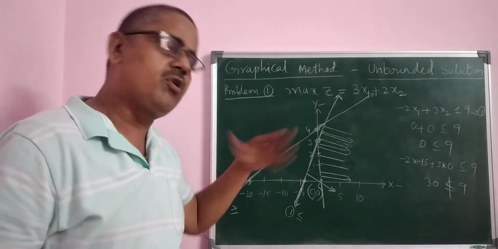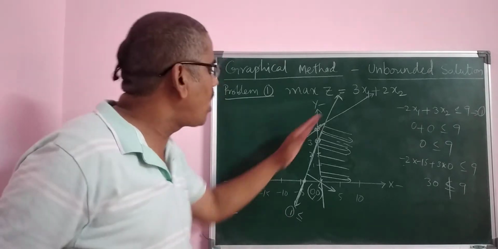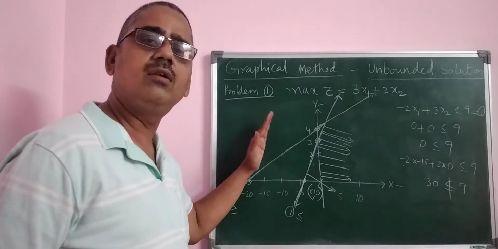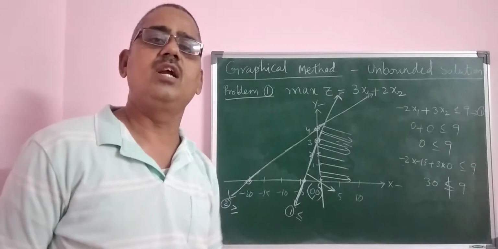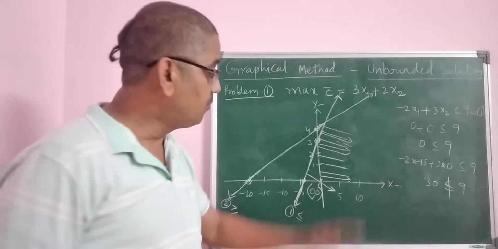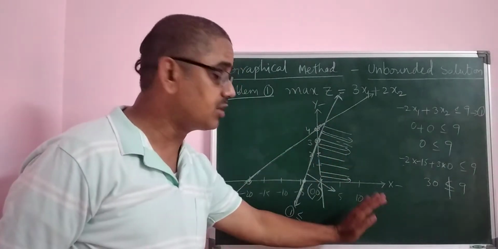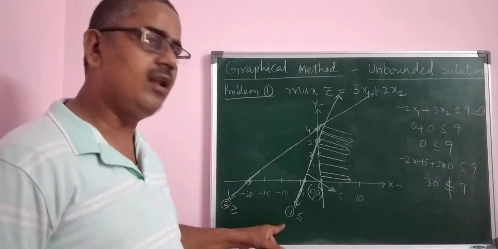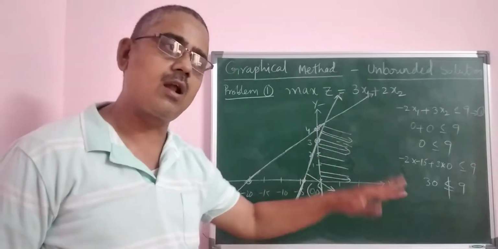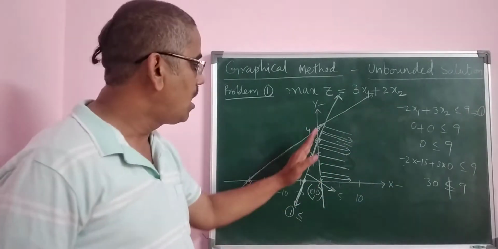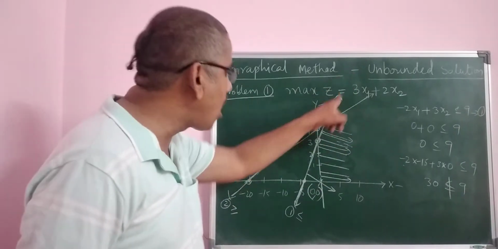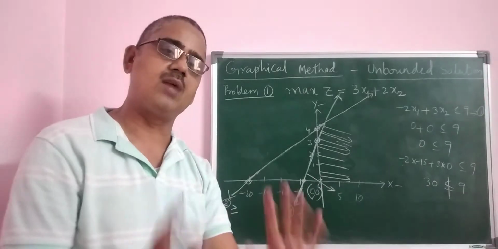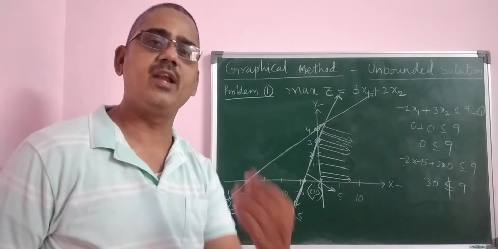Therefore, if you consider any other point in this direction, in this region for this line, it definitely will not satisfy. If you consider any point in this particular region, definitely it will satisfy. You remember, if you draw a line, on one particular side less than will be satisfied, on another particular side greater than will be satisfied, and on the line equality will be satisfied. That is the fundamental concept I am explaining to you.